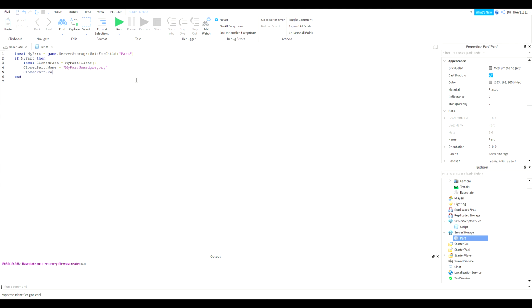Oh yeah, clone part dot parent equals game dot workspace. I was confusing it with a different thing. So you do clone part dot parent equals game.workspace, then you want to do local named clone part equals